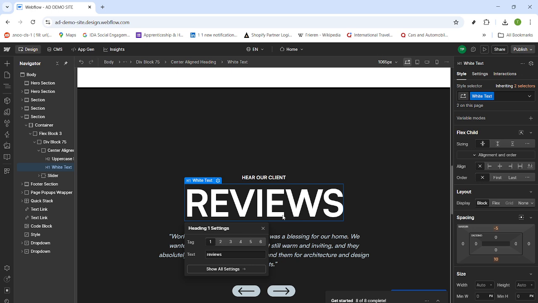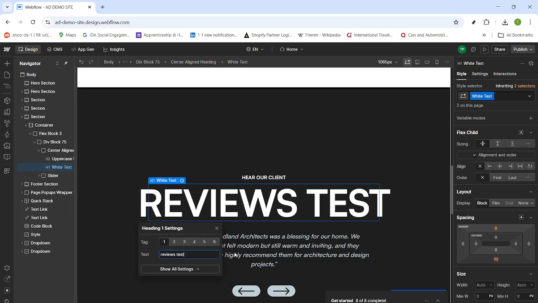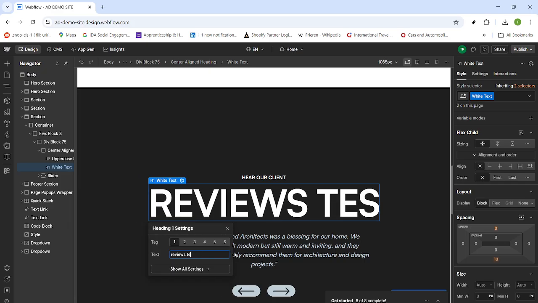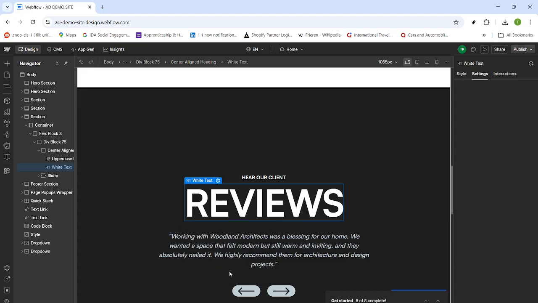Webflow lets you switch between H1 through H6, as well as paragraph text. Click through the heading options to preview how each level looks in your design. Try H1, then sample H3, H4, H5, and H6. You'll notice the size and weight change with each level. Once you've compared them, switch back to H1 if needed, then choose H2 to set an appropriate hierarchy for this